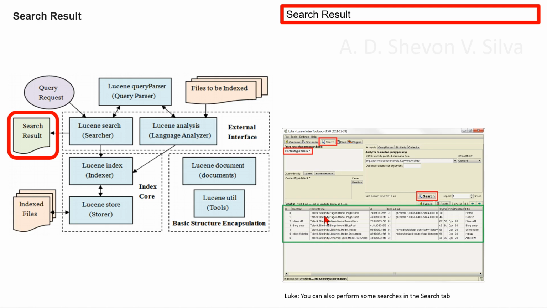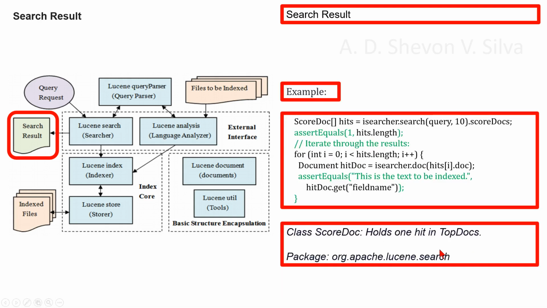The content type combined with the ID and sometimes the link field helps pinpoint the exact item being indexed. As an example, we can consider this one here. The class ScoreDoc holds one hit